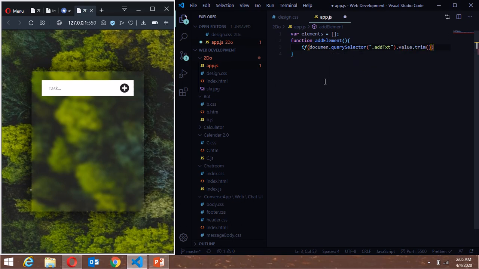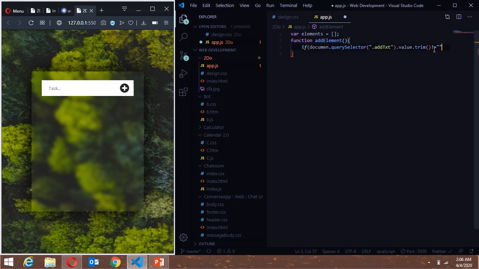This trim function is an inbuilt function, which basically, if I type in something and then add 1,000 spaces after that, it will remove them. Now sometimes the user just puts in a lot of space and then enters it, and we still do not want this to be added. And if this is not equal to empty,